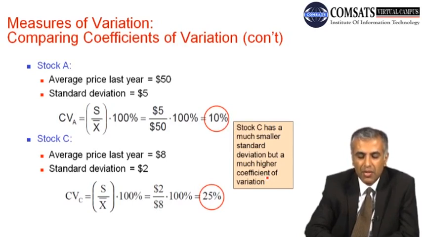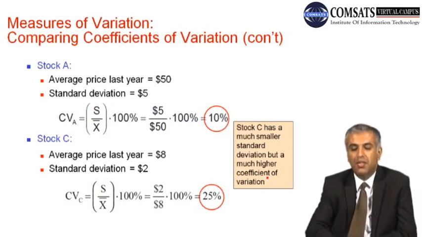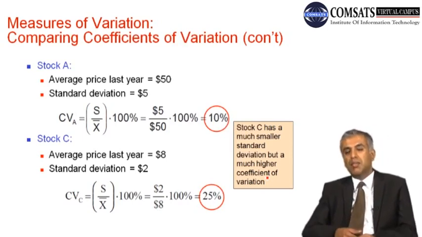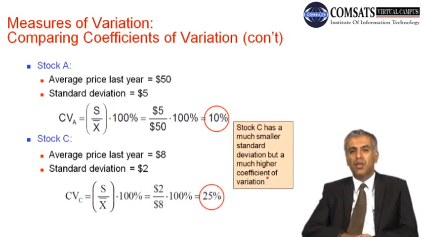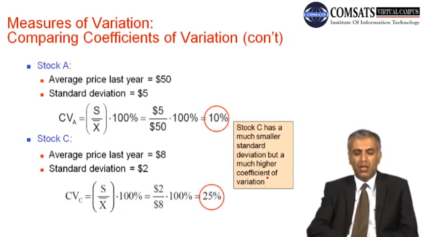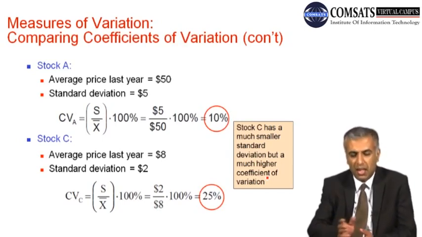Here you must notice that stock C has less standard deviation, but the coefficient of variation is very much higher. So that means if we use coefficient of variation as well, in order to know about the